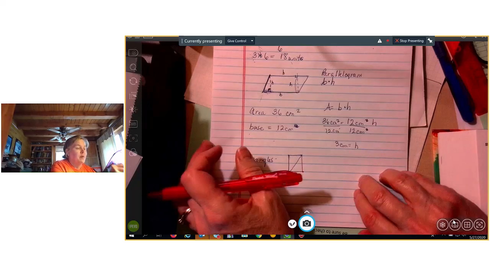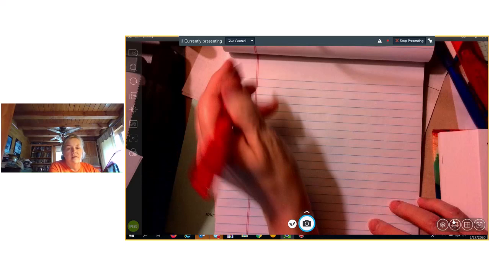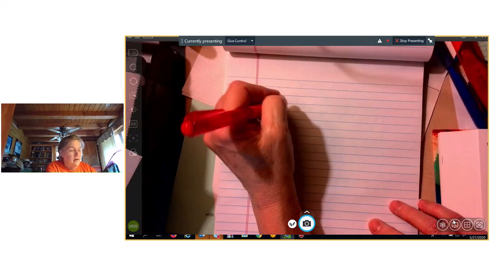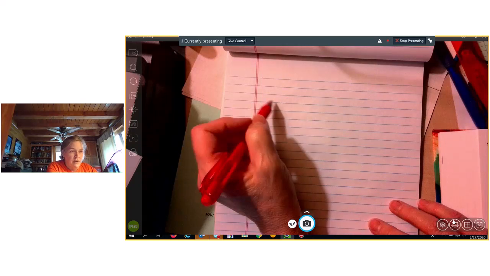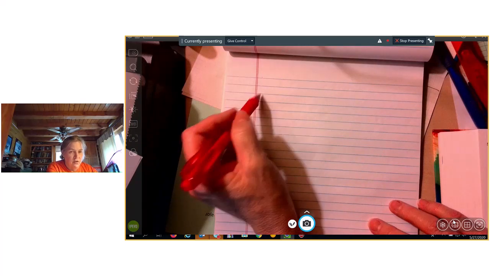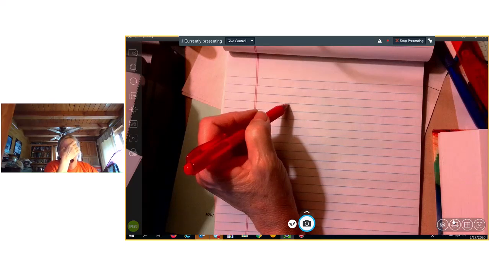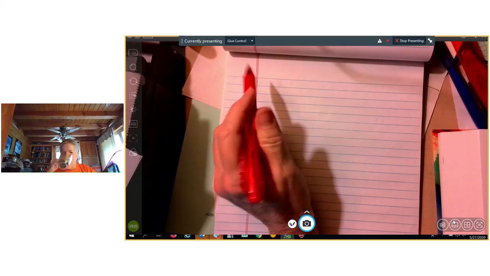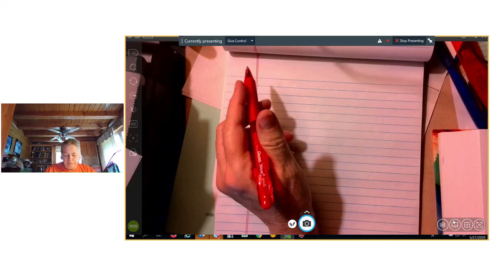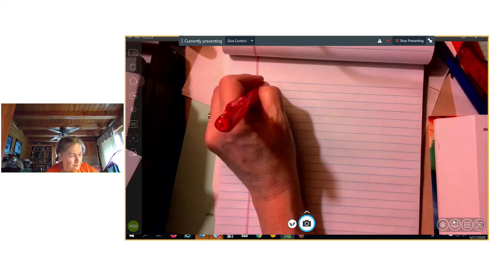Areas and perimeters. Remember, no matter what unit you're using, the perimeter is always going to be the distance around. The area is always going to be the amount that's inside. Now, the circumference is the distance around a circle, and so it's kind of like the perimeter around an object. So the circumference